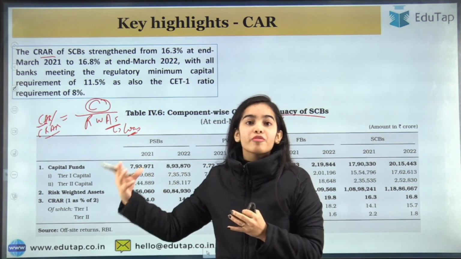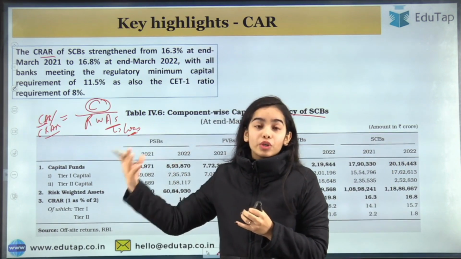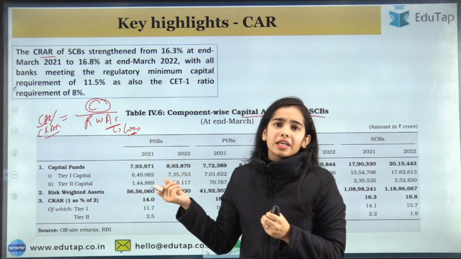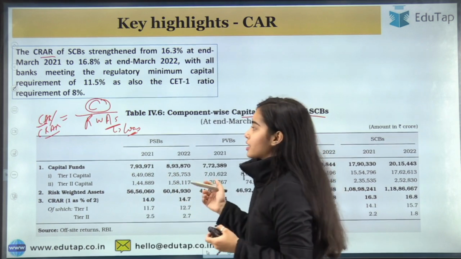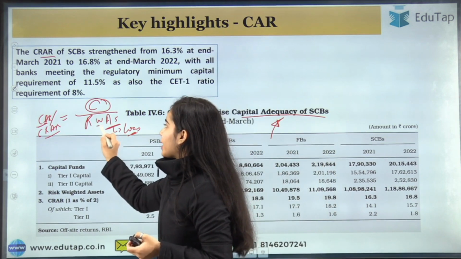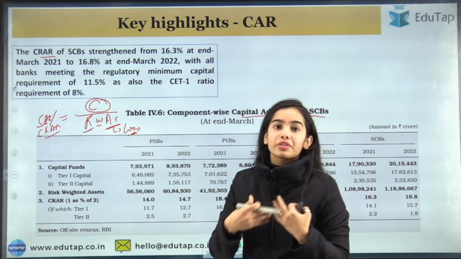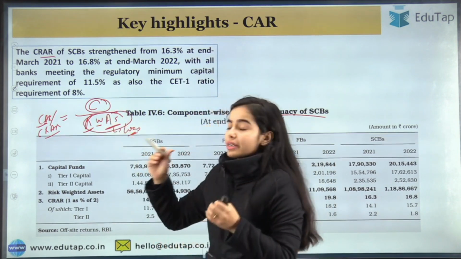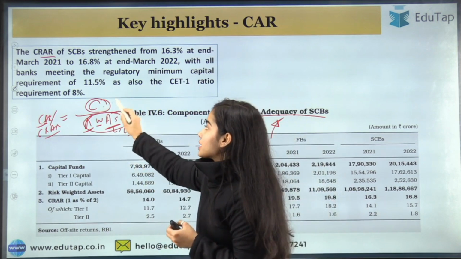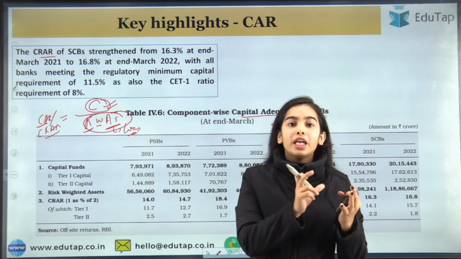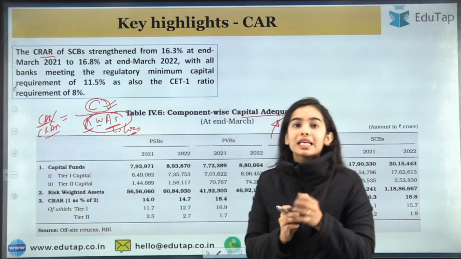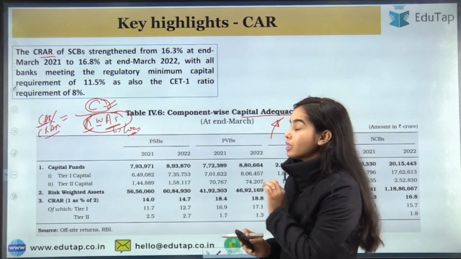If the loan is given to a bank or to the government, of course there is very little risk involved, nearly 0% risk. So the assets have to be weighted according to the risk, like 10% risk, 5% risk, 0% risk. And as per the risk-weighted assets, there has to be some capital buffer maintained by the banks. So it is the capital adequacy ratio, that is, adequate capital has to be maintained by the banks,